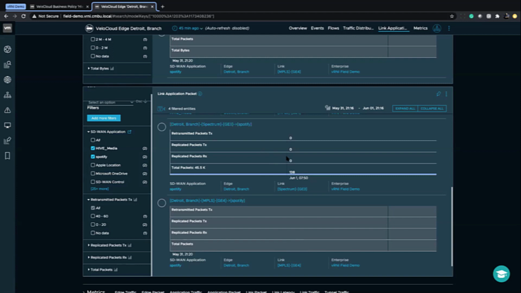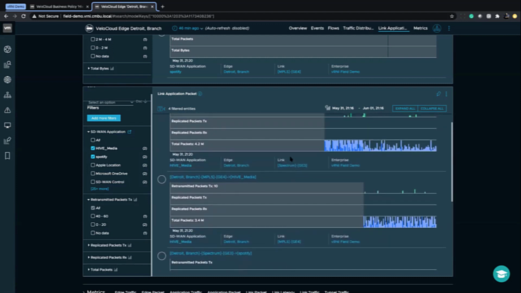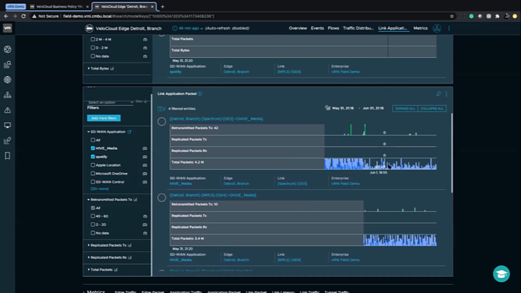So as you can see, business policy visibility, being able to understand which applications are traversing which link, whether it be an ISP link or an MPLS link or even an LTE link connected to our edge, gives us that deep analytics that we need to see how the application is performing, and also can give us insight if we start to see performance issues. We can look at this and determine and do troubleshooting. We can also utilize this to fine-tune our business policies, if we're doing things like rate limiting on the application or adjusting the QoS policy on that application. A lot of that's going to be done specifically when you're dealing with a lot of your homegrown applications running in your data center or in the cloud. You're going to make those